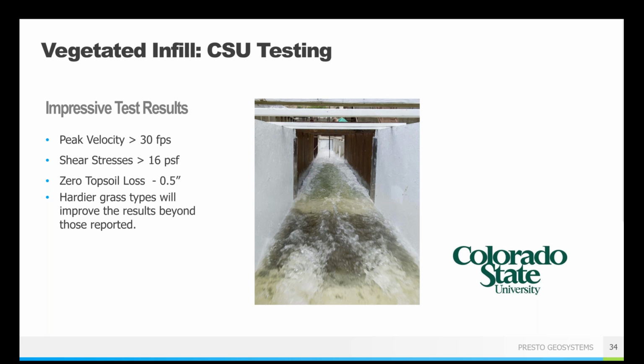And then the second objective was that we wanted to compare the performance of topsoil filled GeoWeb versus riprap or things like erosion control blankets by themselves. So we wanted to be able to compare how the GeoWeb system performed with other types of traditional solutions. And so here you can see we said our peak velocity was about 30 feet per second. Peak shear stress was 16 PSF, which is pretty remarkable, I would say. There was 0 topsoil loss in the first ½ inch, which is great. It means you're not losing the soil and just exposing the roots of the grass. Everything is staying in place where it's supposed to be. All sorts of good things.